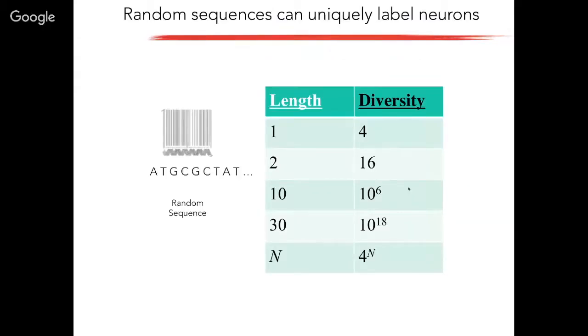And just to drive that home, there are 4 nucleotides, A, T, G, C. If you have a random barcode of length 1, you have a potential diversity of 4. Of length 2, it's 16. And by the time you get up to 30, you get a potential diversity of 4 to the n. I'm sorry, of 10 to the 18, which is vastly more than the number of neurons in a mouse brain, a human brain, or for that matter, even in the human body. So a random 30mer is sufficient to uniquely label every cell in your body with very, very low chance of